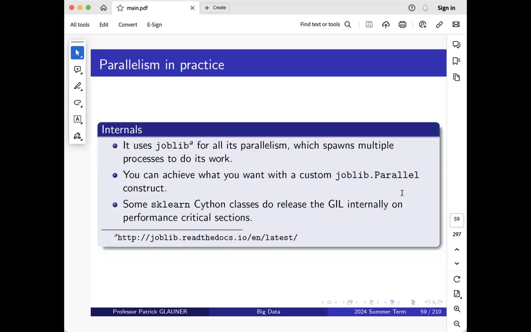Internally, scikit-learn uses joblib, which is a Python library used for parallelism. It uses multiple processes, not multiple threads, but some classes in sklearn, in Cython, were already in the past somehow able to internally release the global interpreter lock with some hacks. It's probably something that will also start to disappear in the coming years when you can anyway disable the global